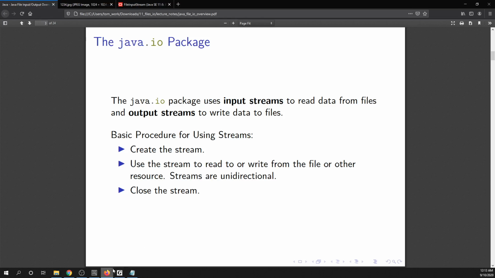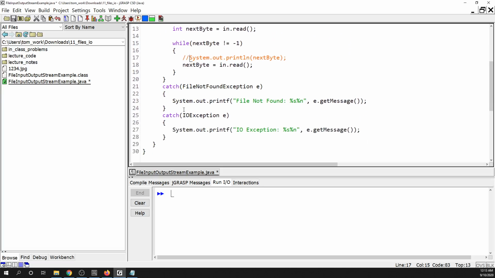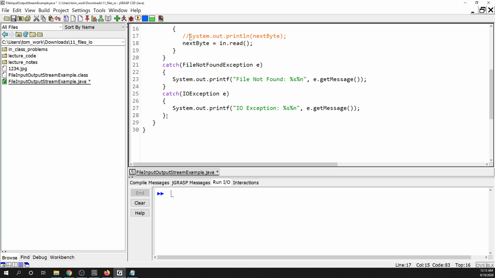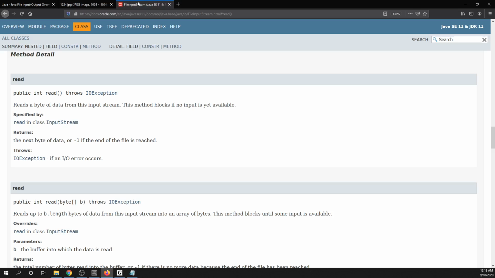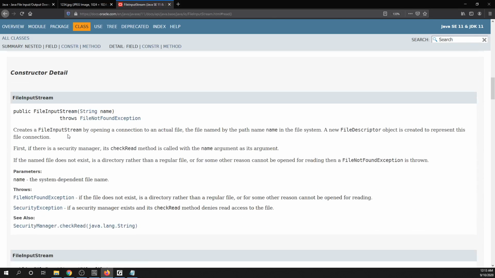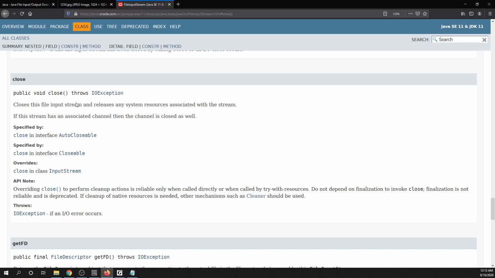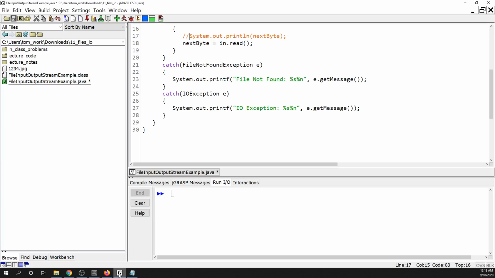All right, so to close the input file, what you would do is use the close method, which if we look through, you can find it here. All right, so this thing will close the input file, and in this case what we'll need to do,